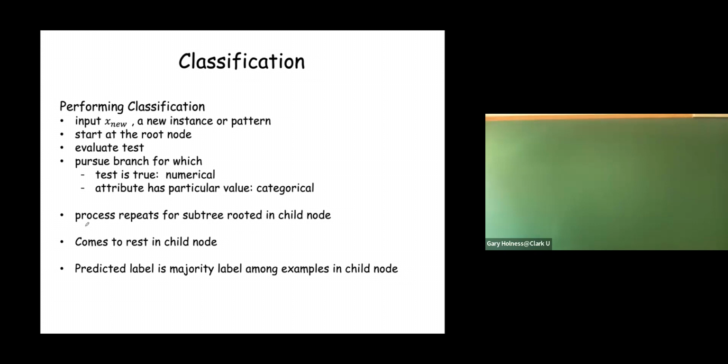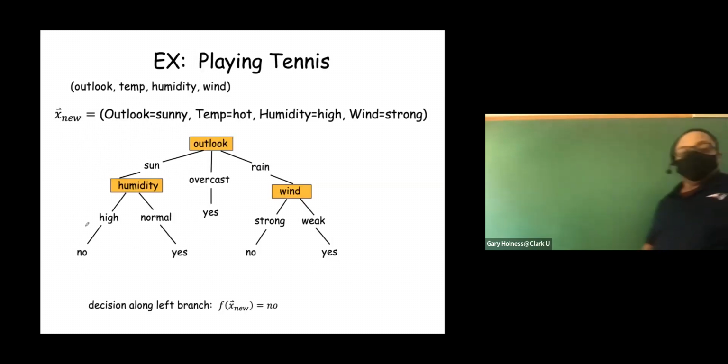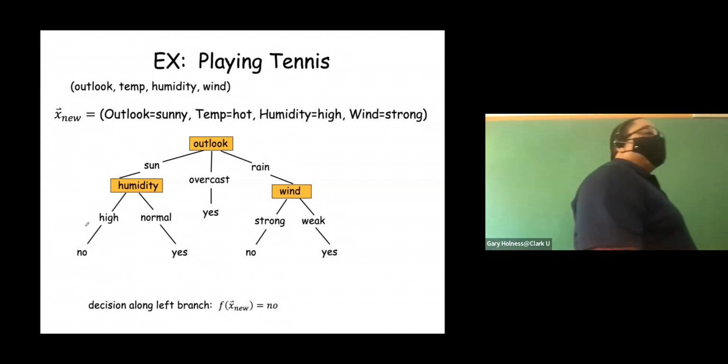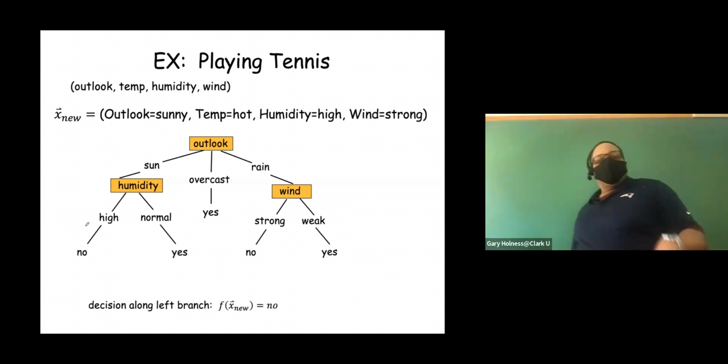It is equal to each one of these categories that this categorical variable can take on. Does that make sense? Any questions? All right. So this is an example of a decision tree, and this is sort of an oldie but goodie